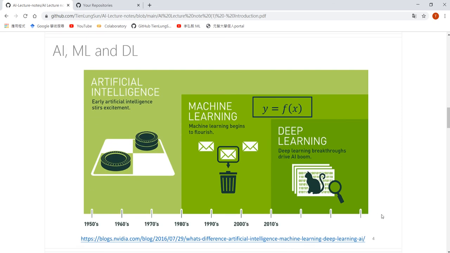Let's talk briefly about AI, artificial intelligence, machine learning, and deep learning. Artificial intelligence is a big picture. Actually, it's a dream humans have been dreaming about as early as the 1950s. It is a dream about computers being as intelligent as humans, and machine learning and deep learning could be viewed as a subset of artificial intelligence, because we have many ways to make computers as intelligent